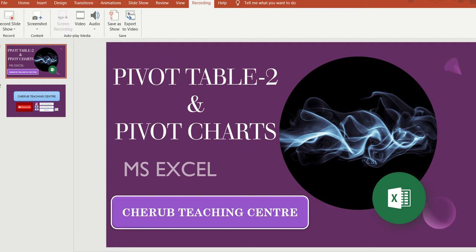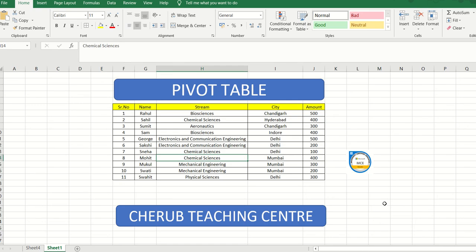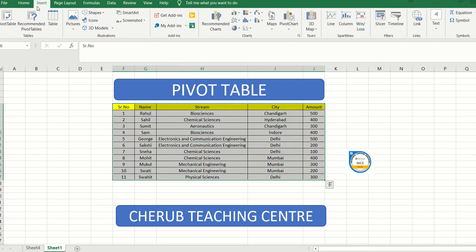And what I've done is I have created a sheet for you people. So this is the pivot table that we already practiced in the previous video, and we have generated a pivot table out of it. I need to tell you that whenever you are creating a pivot table, you need to highlight that area altogether for whichever you want to generate it. You will be going to the insert tab, pivot table.